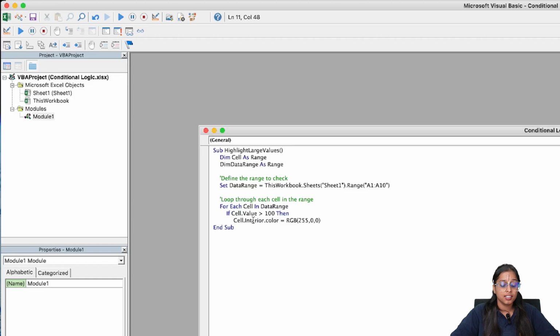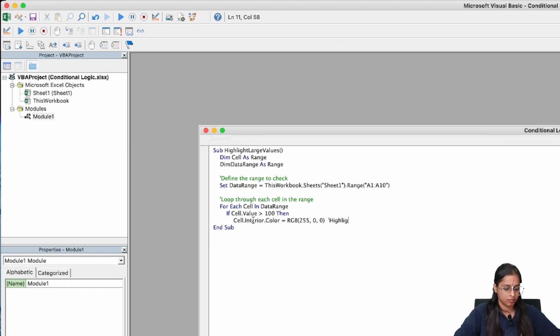Now in this line, I am highlighting my cell as red. So I'll add a comment: highlight in red. Now I'll end my If statement.